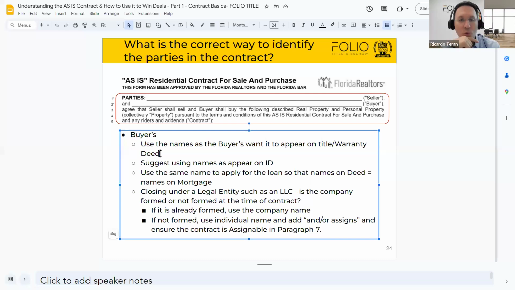That is probably what you want to write in there. If you're going to use a driver's license, if you're going to use a passport, some people use four names. You need to verify this with your buyers. But the closer you get to the ID, the less issues you're going to have throughout the transaction and later